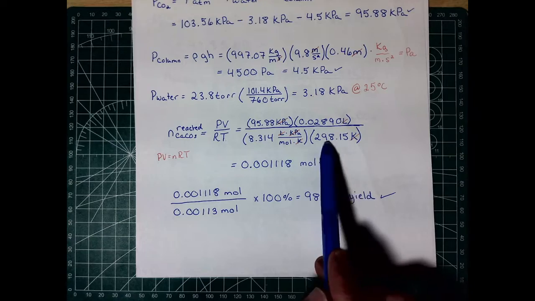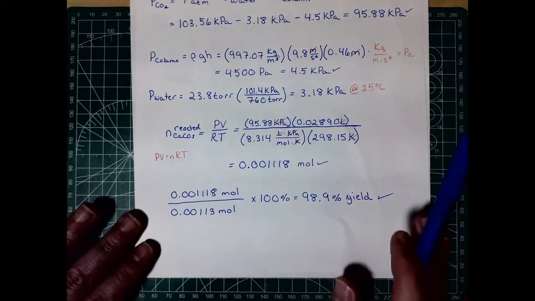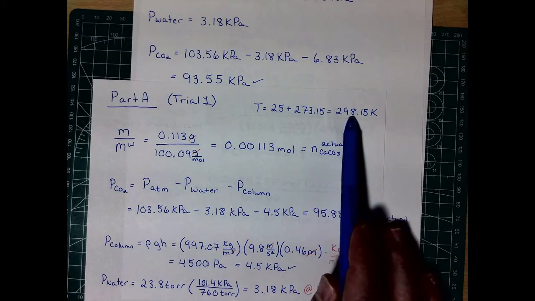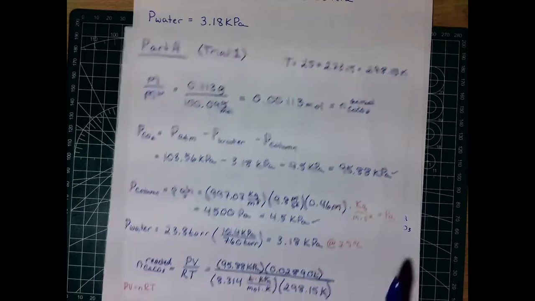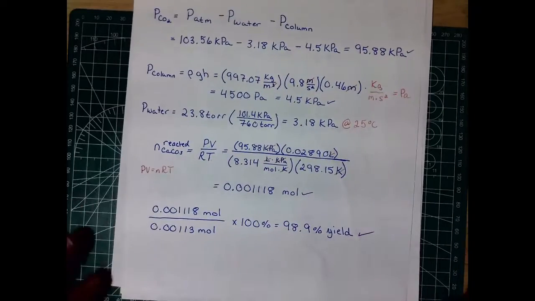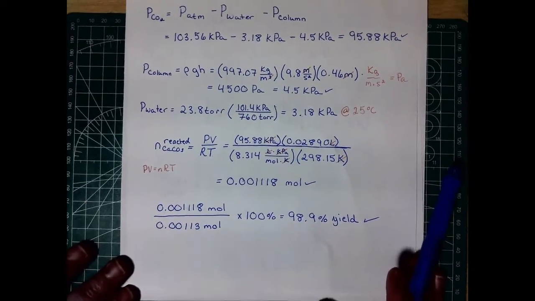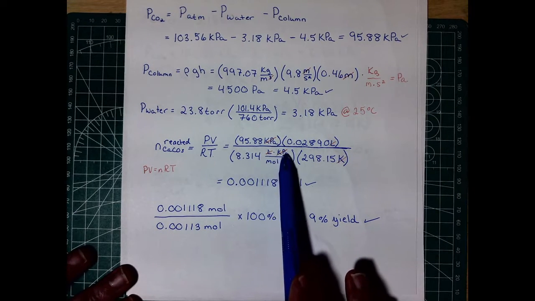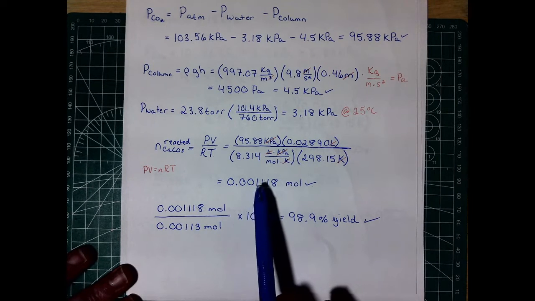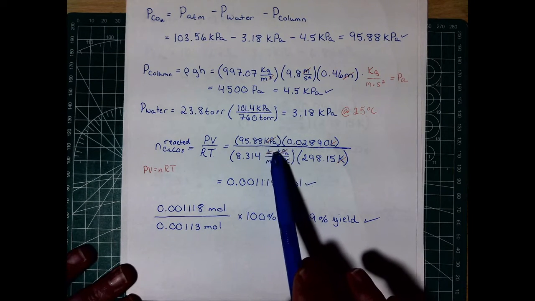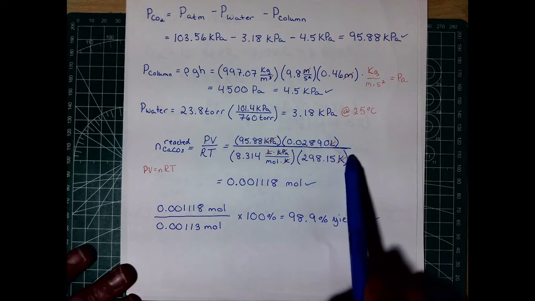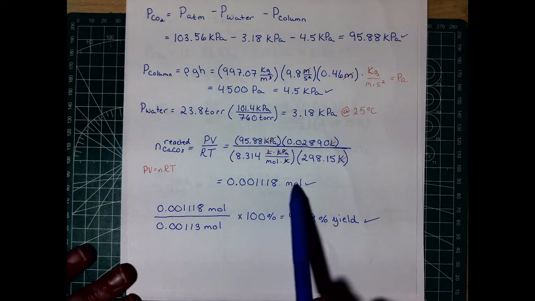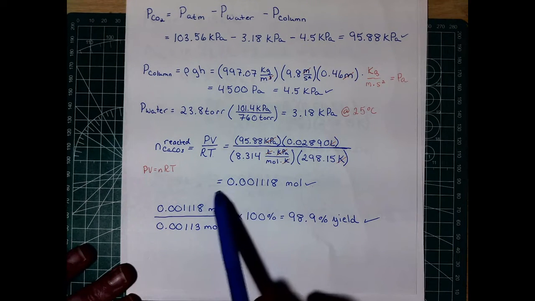And I also converted our temperature of 25 degrees Celsius way up here to 298.15 Kelvin. I did that so that I can use this R value here, 8.314 liters times kilopascals per mole Kelvin. I can now cancel my kilopascals, cancel my liters, cancel the Kelvin. I again get 1 over moles, and I get this many moles of reacted calcium